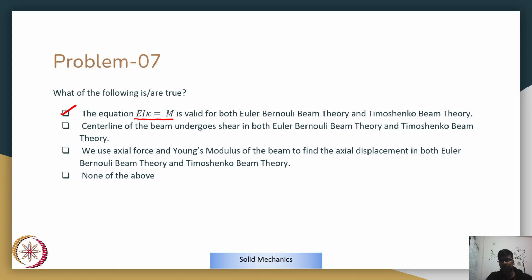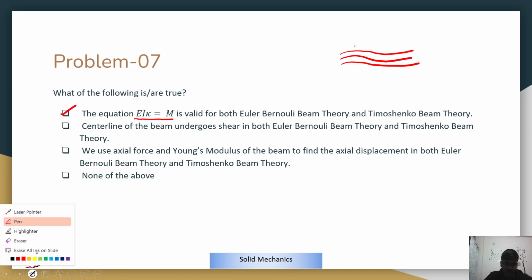So there is no shearing happening in Euler-Bernoulli beam theory, because if I draw the center line, yes, I'll draw it with a different color on top. So if I draw this as the center line, my cross section is always perpendicular to the center line tangent, and therefore this angle is always restricted to 90 degrees. There is no change in this 90-degree angle, and therefore there is no shearing happening in the Euler-Bernoulli beam theory. So the second statement